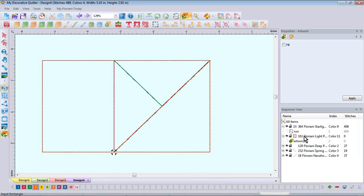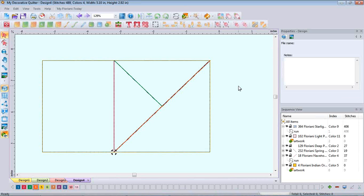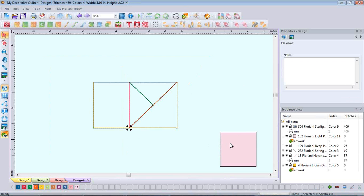And again, I didn't change my color. So let's, oh, that's a different artwork. Okay, so we'll select the last one and change that one to color number 5 so it's a different color. All right. Now, I still have my little square left out here, which I may just stitch,